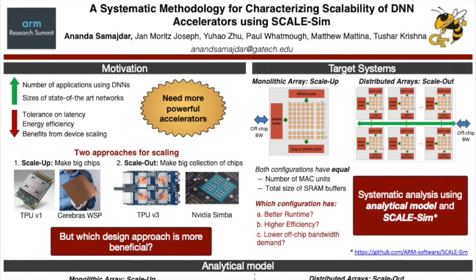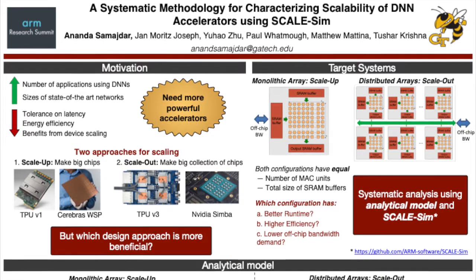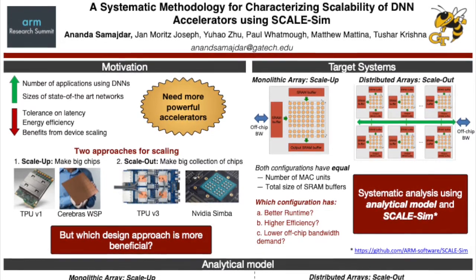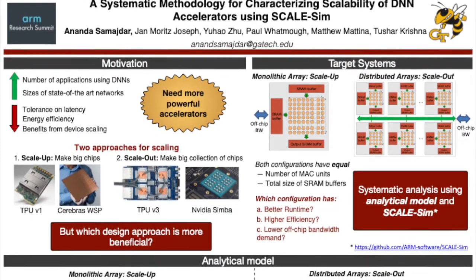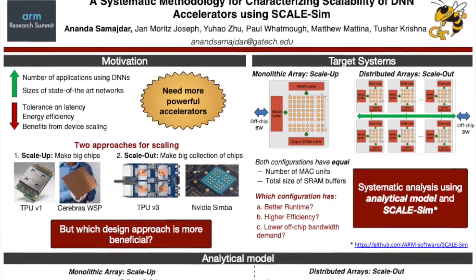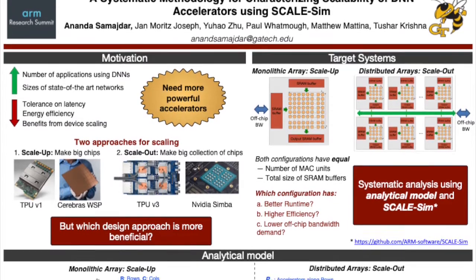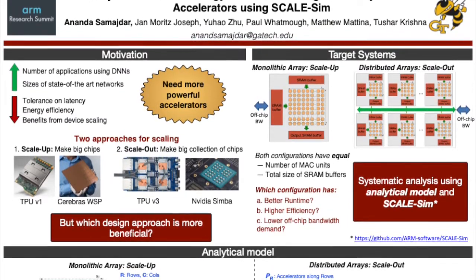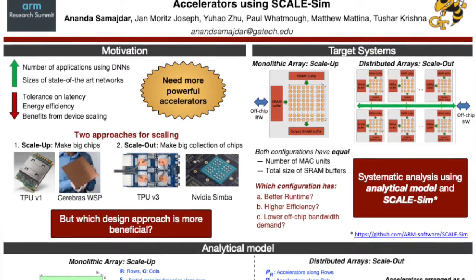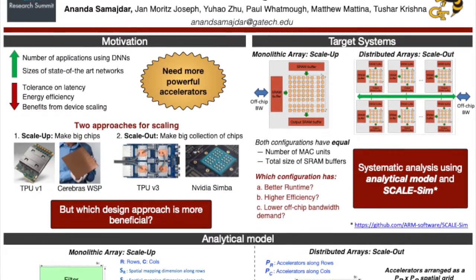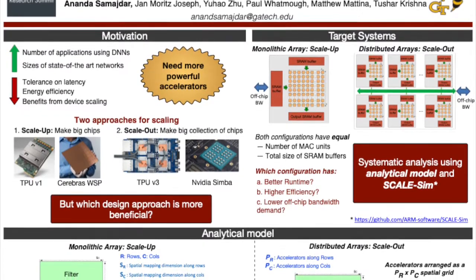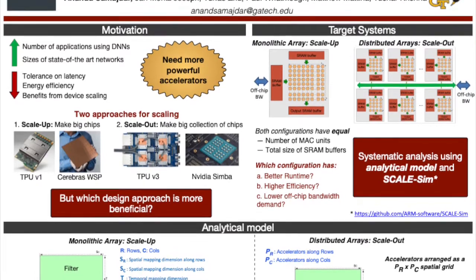I think all of us would agree that DNNs are awesome, but they are extremely compute hungry. So much so that we need special purpose computers called accelerators to keep up the performance with reasonable efficiency. As we continue to improve the DNNs, researchers are building larger and larger models with billions of parameters. Not only that, more and more applications are using DNNs to improve themselves. All of this leads to such huge compute demand that our current accelerators cannot just keep up. So we need to create bigger, more performant systems, or in other words, we just need to scale.